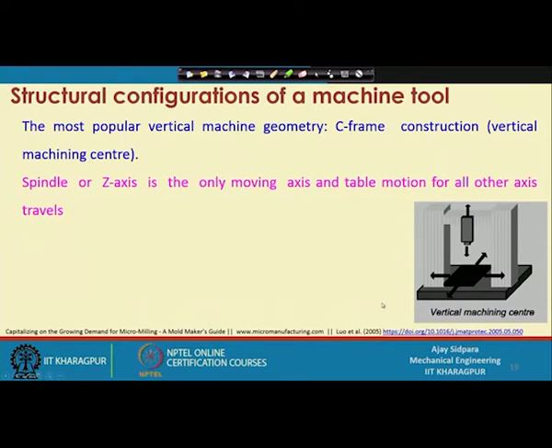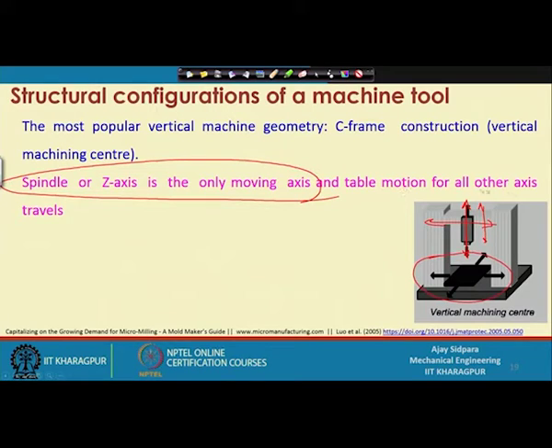That here what is the advantage here, that spindle or the Z axis, what it is showing, that it is only moving axis onto this particular part. So, now if you see here, the spindle axis is only moving. In other than this particular setup, if you have seen that earlier slide, many motions were given here and here at this location, but that is not the correct one. So, and rest of all the motion, that means x and y motion, both things are located into the table.